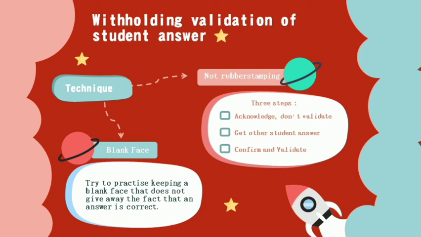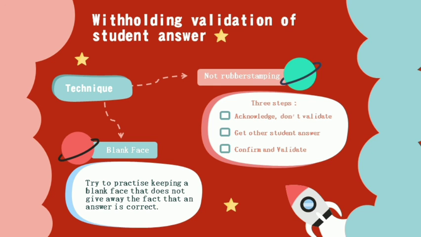The second step is get other students' answers. Look around the room and ask another student, do you agree? Or a similar question. Listen carefully, acknowledge, but again, don't respond. You could obviously go on in this way, collecting different student answers and opinions as long as you wish. But even if you stop after just 2 or 3 students have spoken, you will already have a much better idea of what the class as a whole thinks than by just asking the first student.